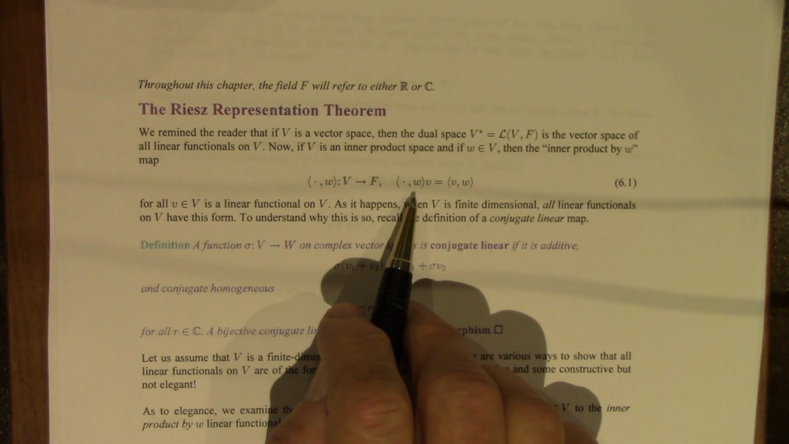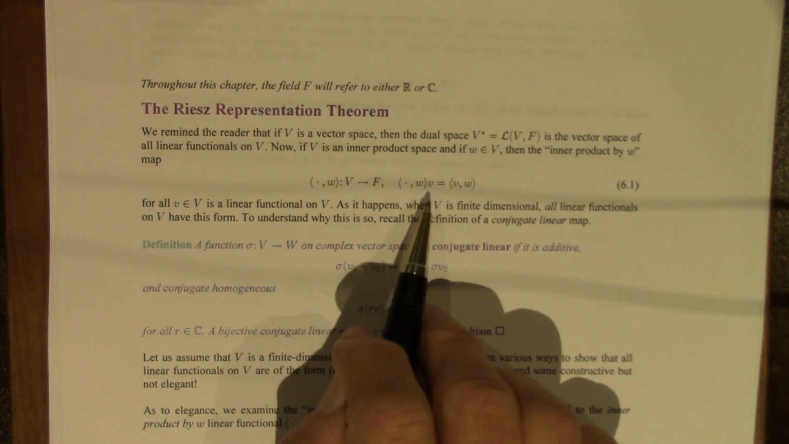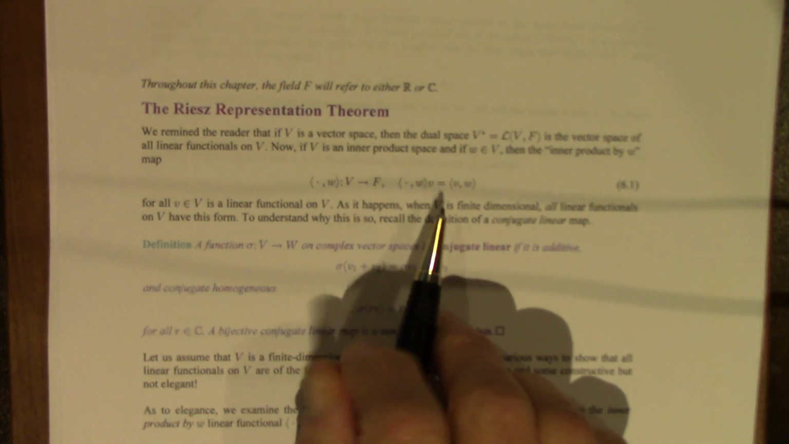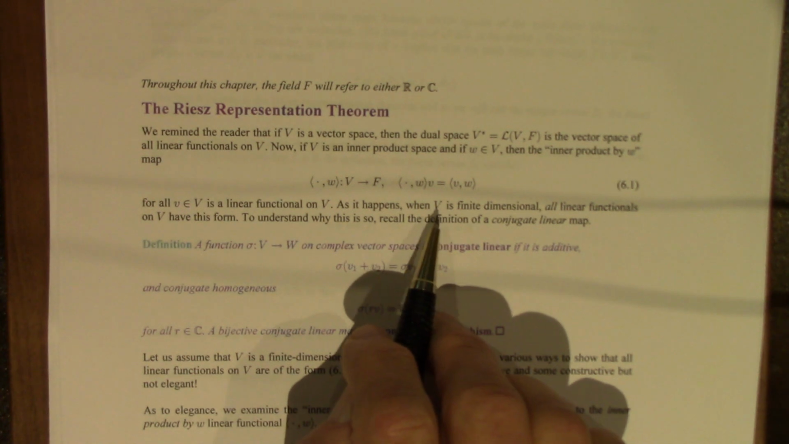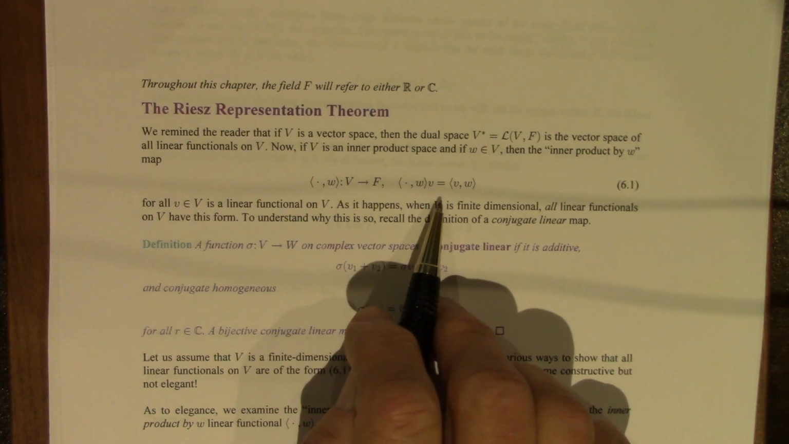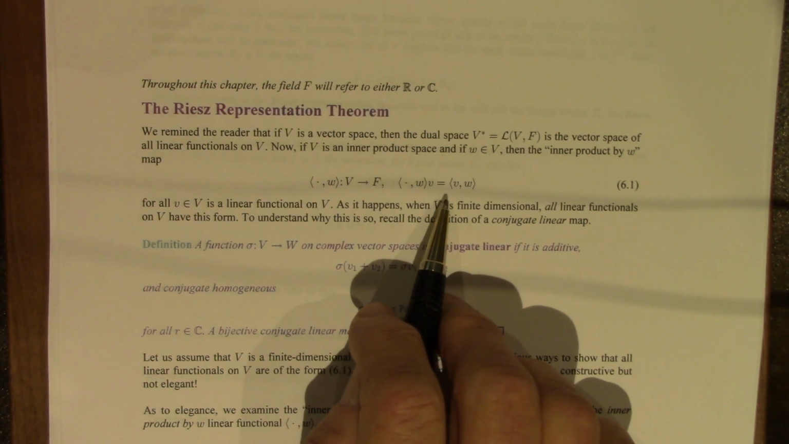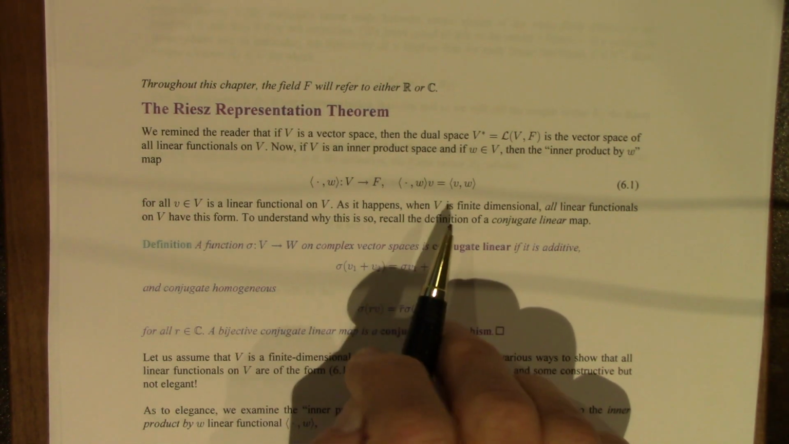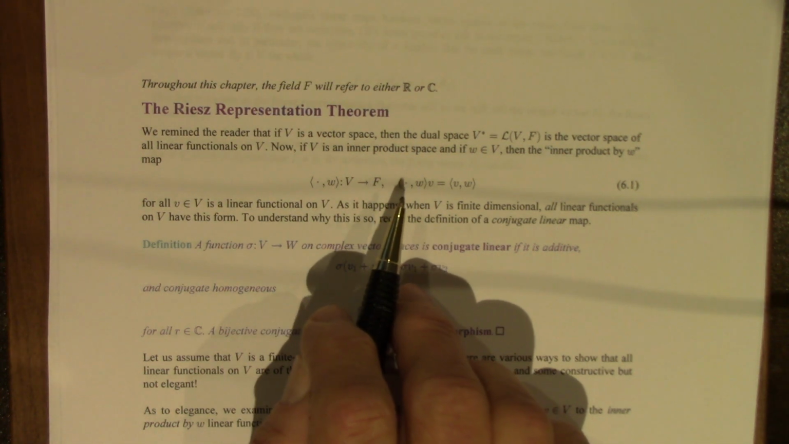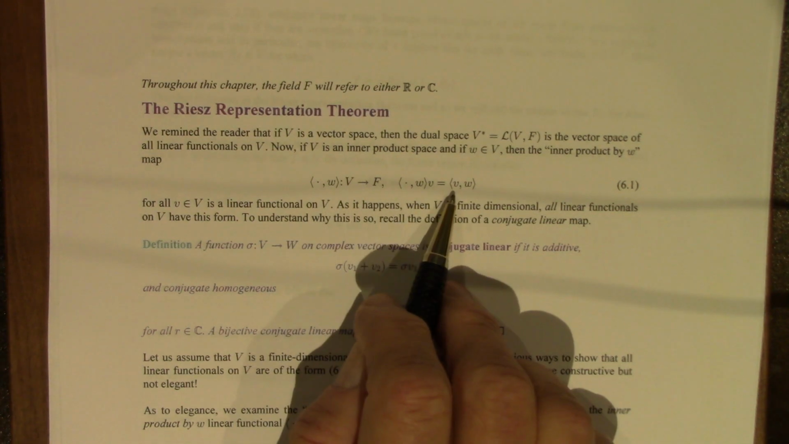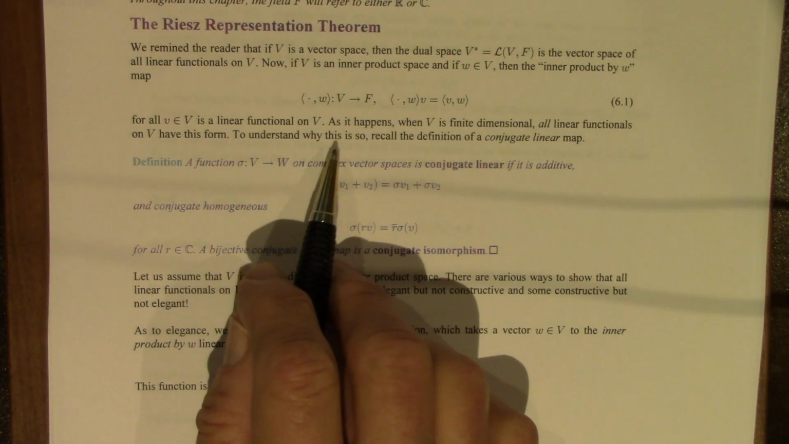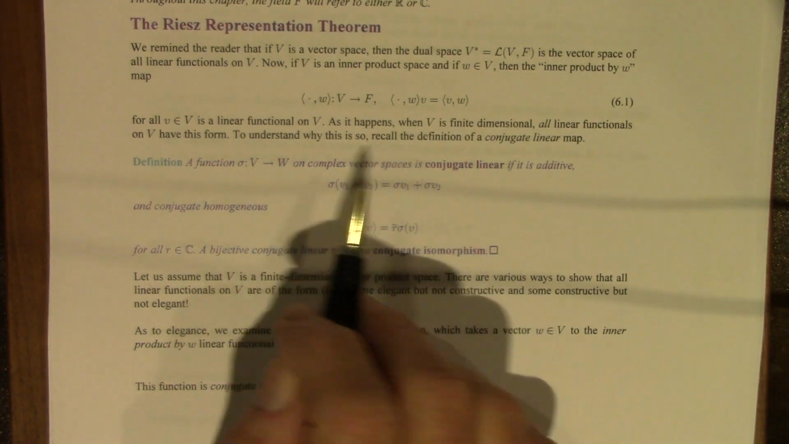This function is linear, and as it's a linear functional, and as it happens, if V is finite dimensional, all linear functionals have this form. Given any linear functional, there's a vector w for which that linear functional is this map. And to understand why this is true,